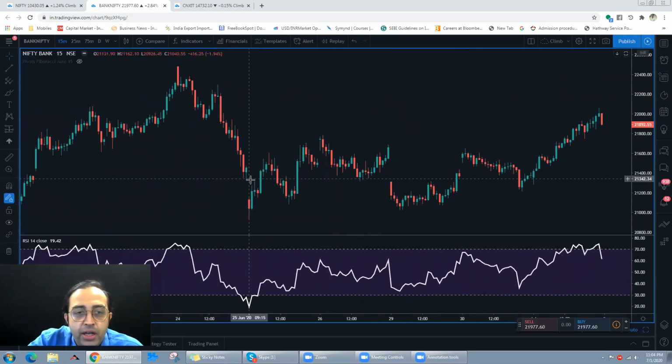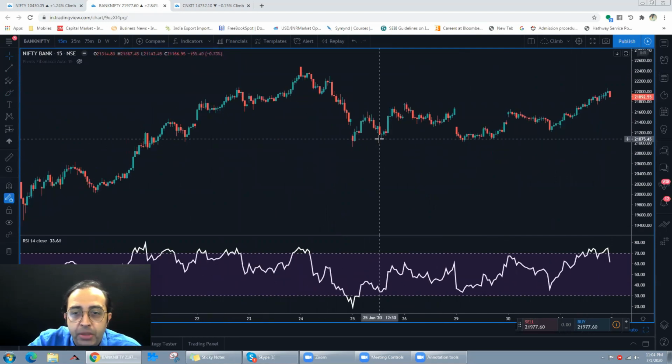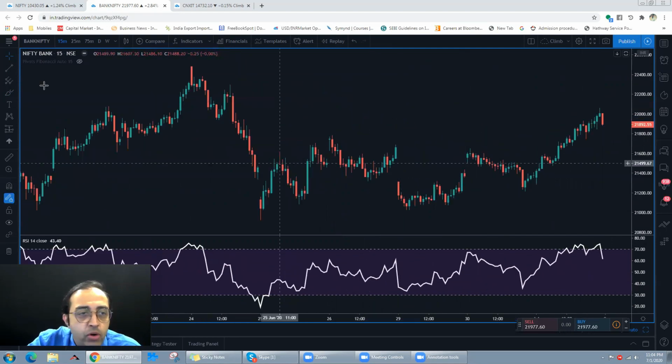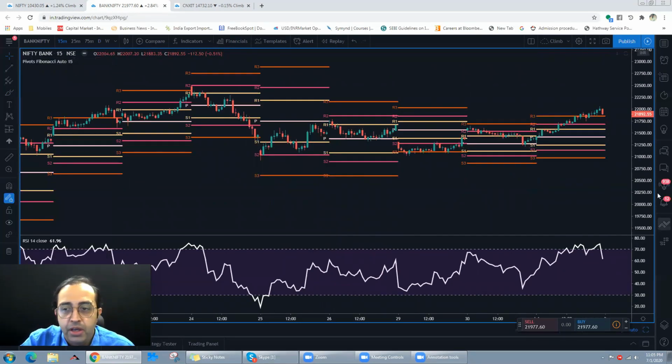You can see here that yes, the move has been quite well. You can see here that it has now given a good push from taking supports from this zone. So what I would do here is I would use a concept of pivots once again, and you can see here that